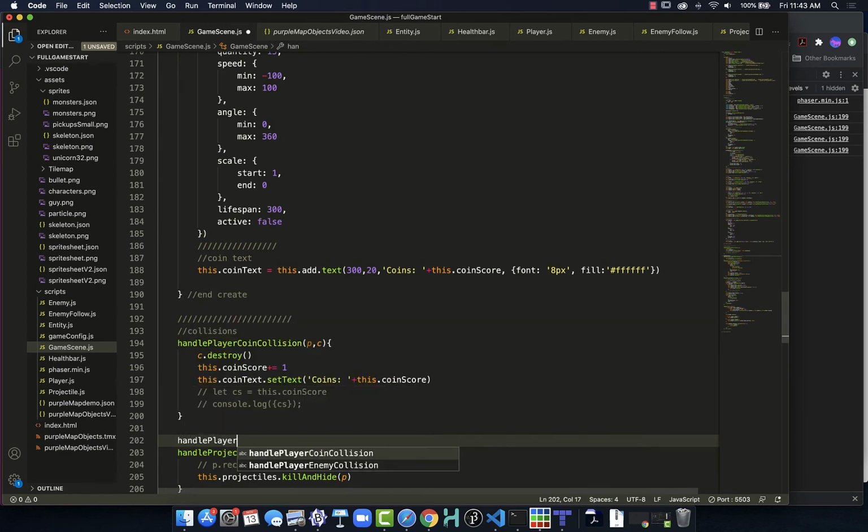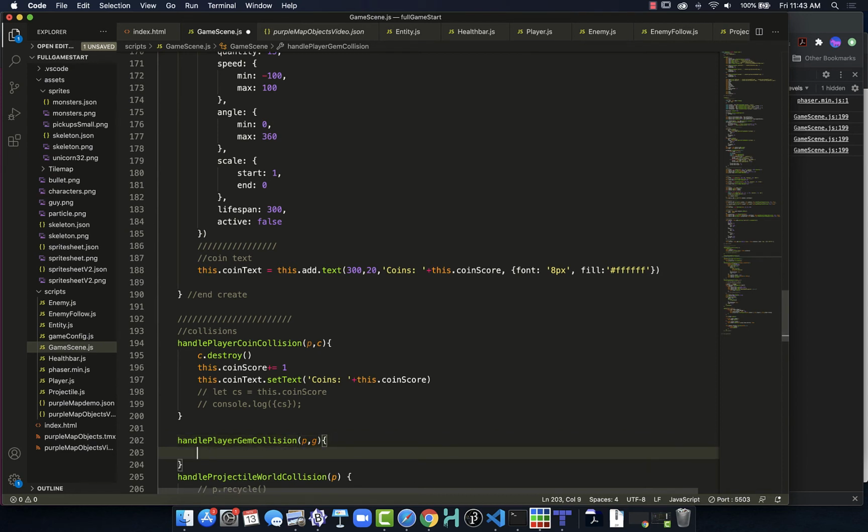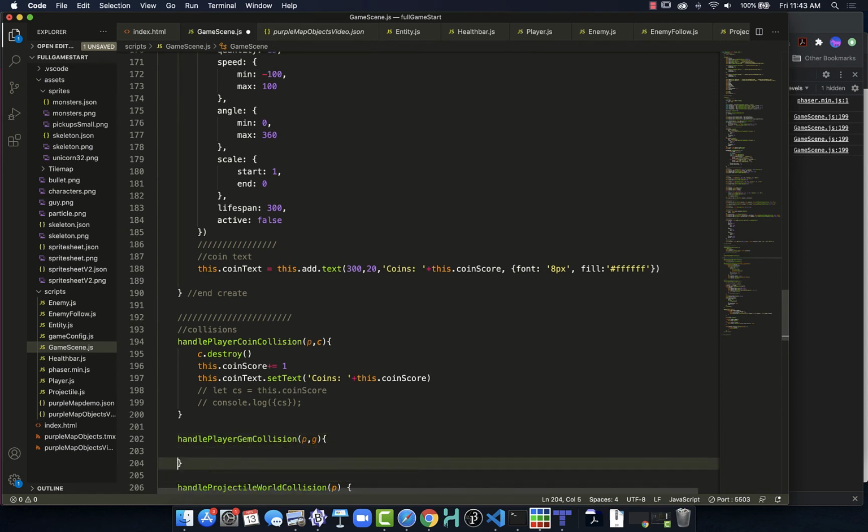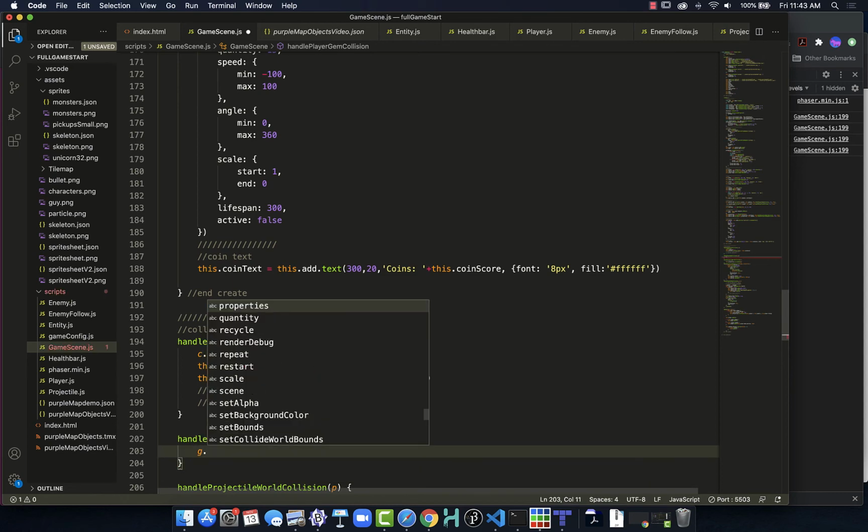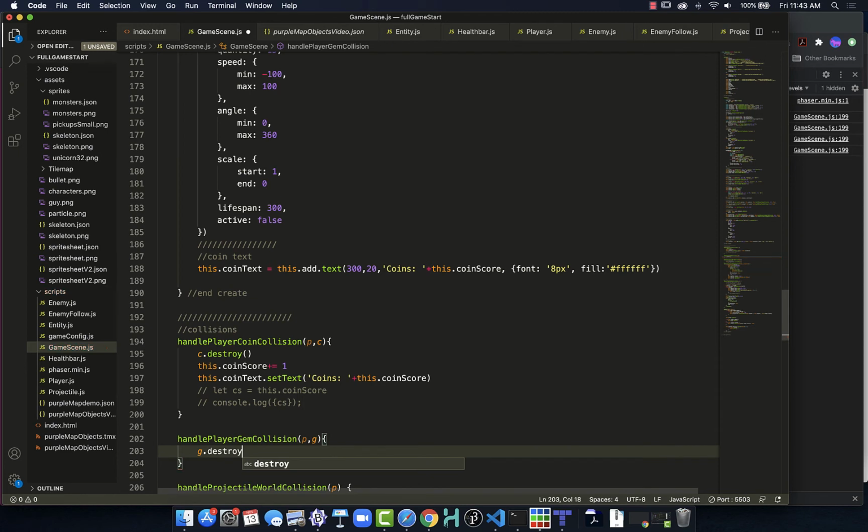Handle player gem collision. And we'll pass in the player and a gem as parameters for when it comes in. And now with this, we can just destroy the gem. So that gets rid of it. Now,